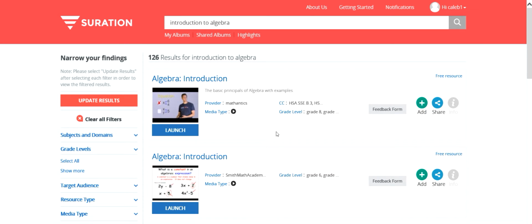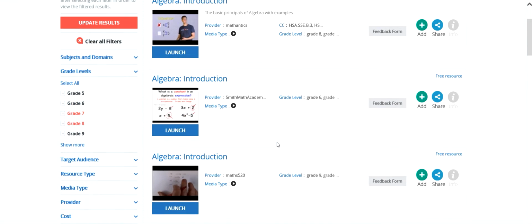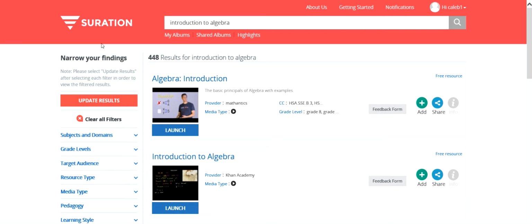The result is a refined search with only 7th and 8th grade resources, and you can just scroll over, and on all of them you'll see there may be additional grades covered by that resource, but it will always include those you've just marked under the filter. To clear the filters, just click Clear Filters. And you can use the filters in this same way again and again until you get the exact search result